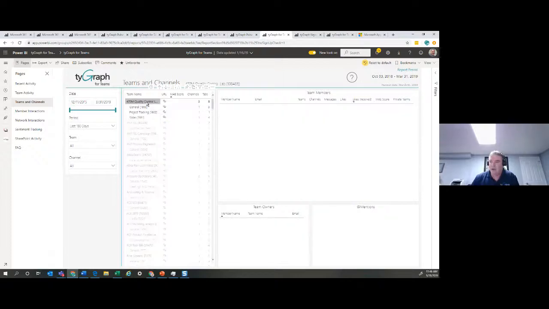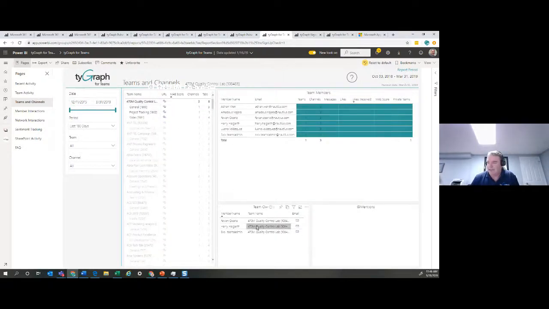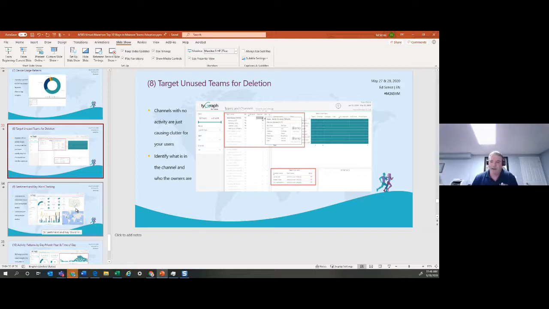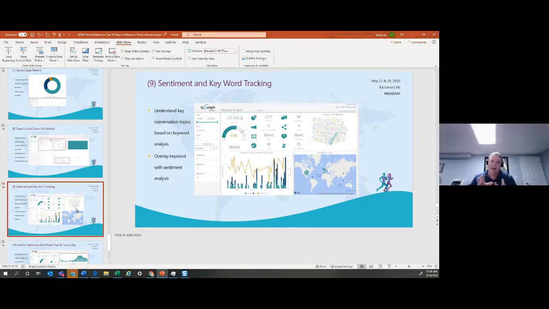You can go and take a look at that one particular team. I can see the team owners. I might want to email them and say, look, you set up this team, it hasn't had any activity. Should we go and nuke it? This is really important from a hygiene perspective. Keeping just the most active teams, or active teams used in flight, is really important, because you want to make sure that people, if they come to your organization, are working on just those teams that have some activity associated to them.